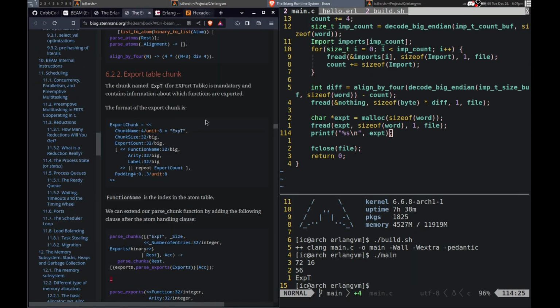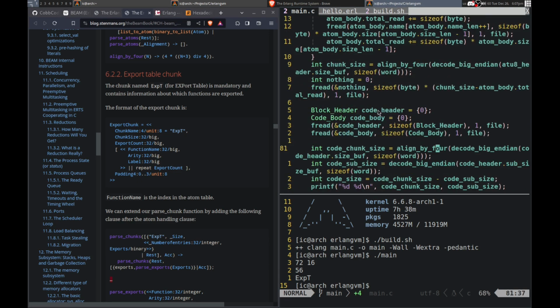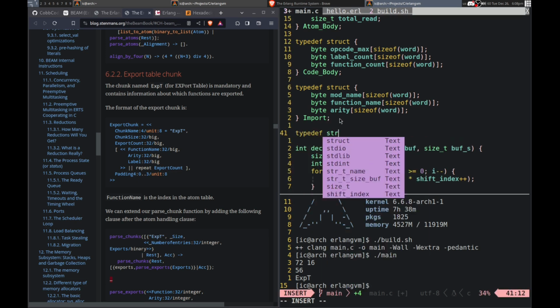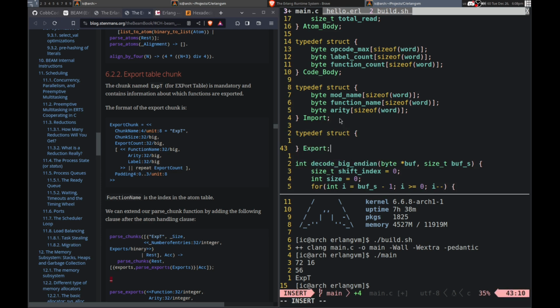So we have the chunk size, export count, and then these are, okay, so actually it's the same thing as the imports. Almost, it's almost the same thing, it's not exactly the same, but I think we can reuse it because it has the same things. Shoot, it's just the wrong order, which isn't great. Yeah, that makes it a bit inconvenient. So maybe I'll just make, I don't know. So we can export. And it'll be almost the same as this.